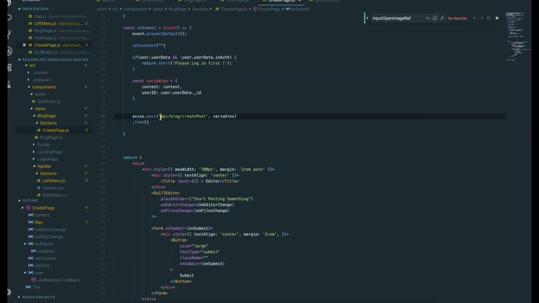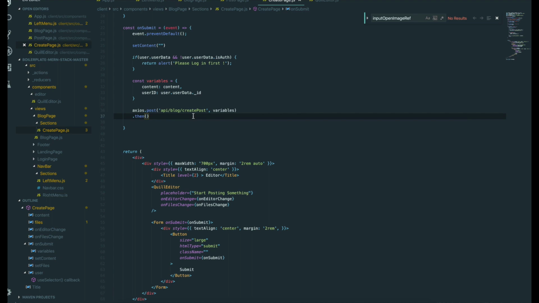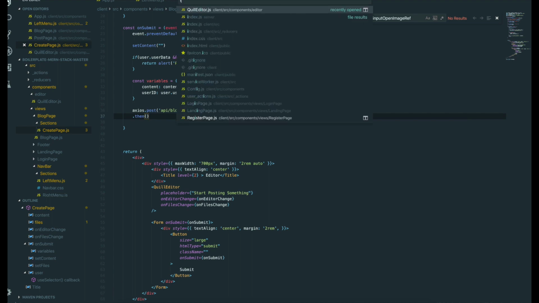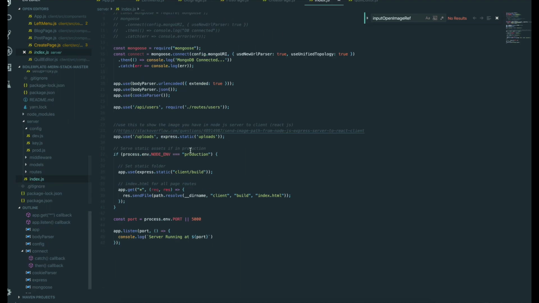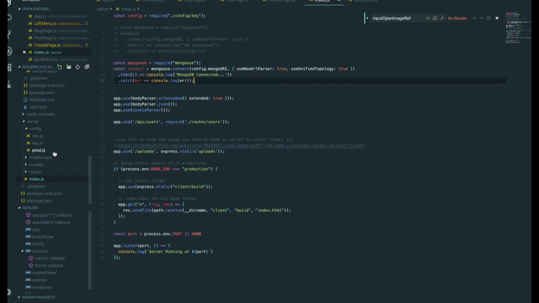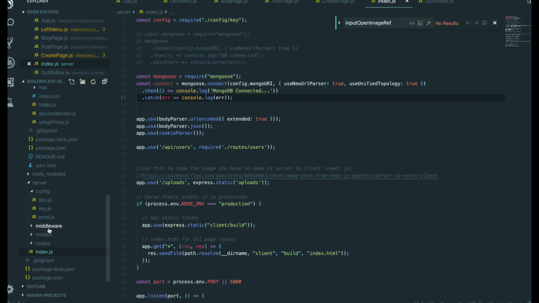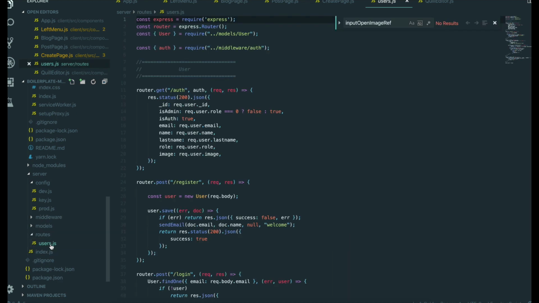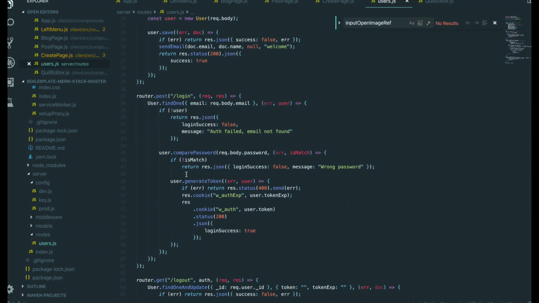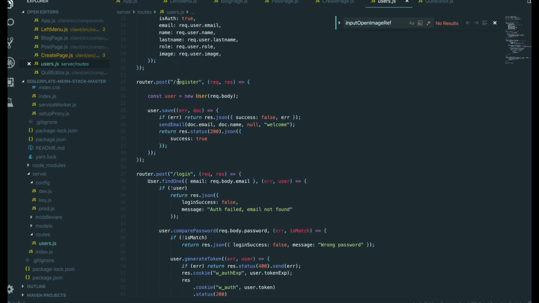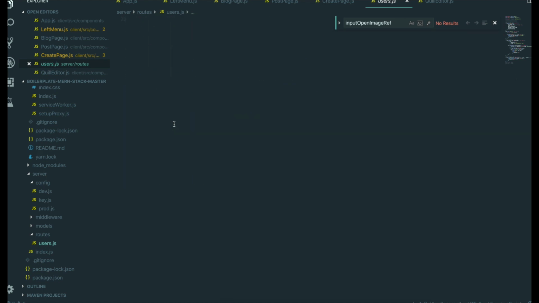We didn't make this routing inside the node app, so it's time for us to do something inside the node. So go to index.js. If you come in here,